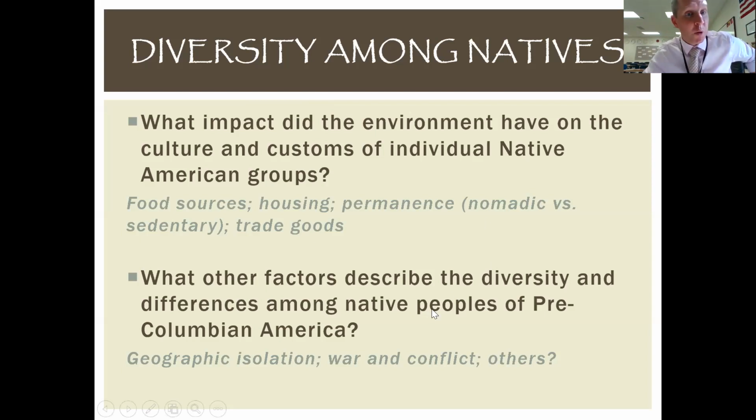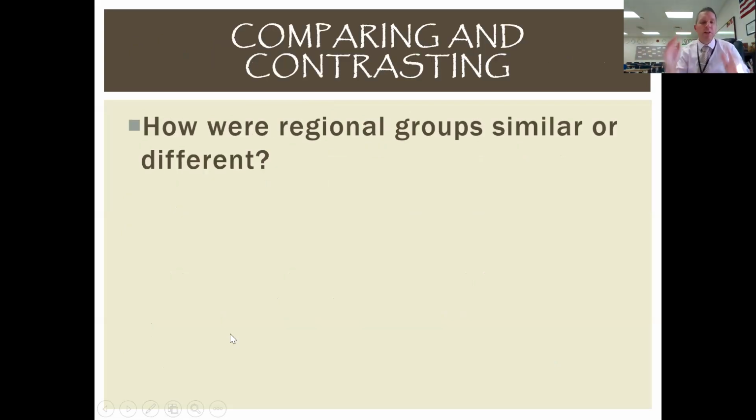Could it have something to do with where they migrated from originally, where their ancestors came from, as we go back to that first slide that we looked at? So a lot of different things that we consider. So here's what I want you to do, and this is really why any of this matters. You're not going to come into an AP essay and they're going to be like, hey, tell me all about the Mississippi Valley Indians. That's not the important takeaway here, that you know lots of facts about each different group. But what does matter is, do you see diversity and do you see similarity among these early American groups? So that's kind of the interesting part of the discussion.